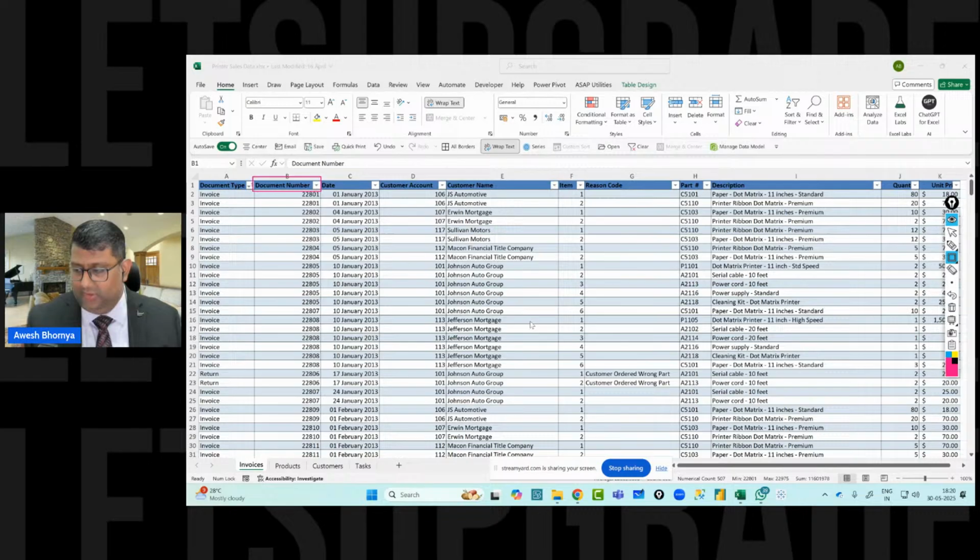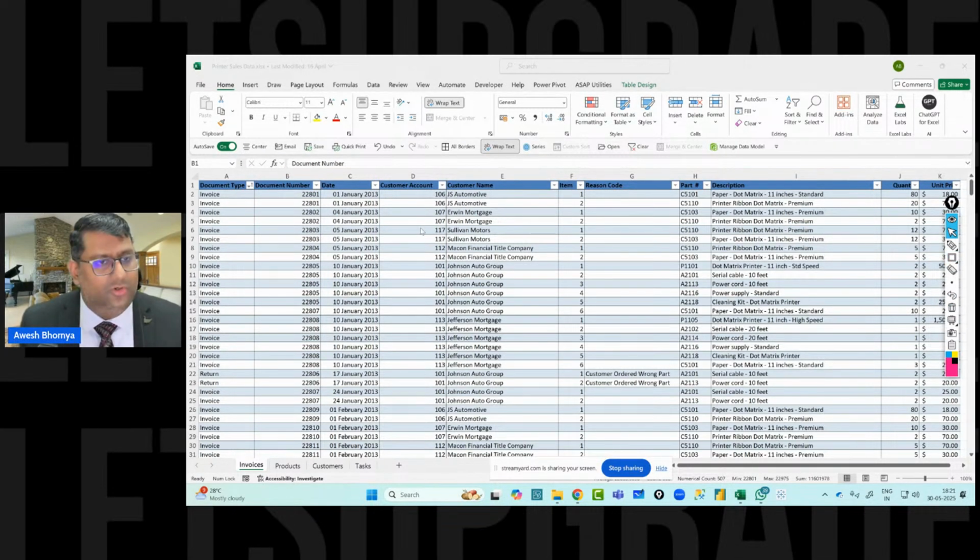Okay, Nikhilesh, you're saying it's quantitative. Okay, now why quantitative? It's not quantitative, it is qualitative. Remember, when I take a total of the document number column, it's not going to make sense, right? Because document number just identifies the document for you. So as I mentioned, even customer account number is also qualitative in nature. Even though it's numerical, it is just there to identify the customer by the number. That's it. It's like your roll number, your registration number, etc.